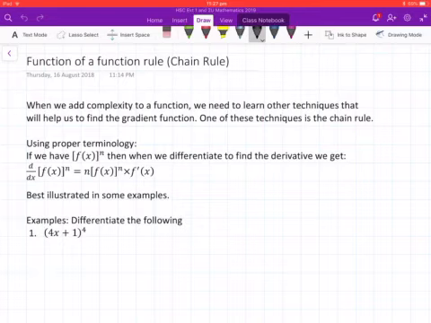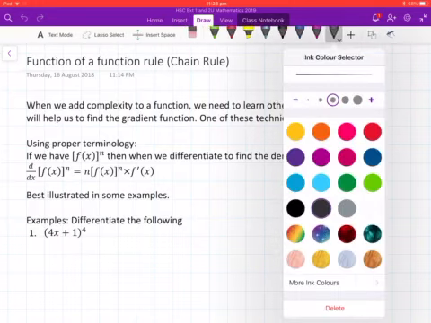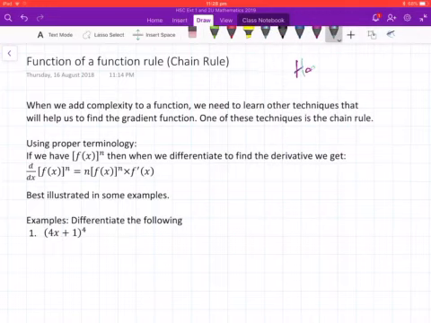Here I am in my beautiful house, sitting with my lovely wife and my brother who's visiting. So let's get stuck into the chain rule. Who's excited? I'm so excited. I am going to add a rainbow pen. Hooray